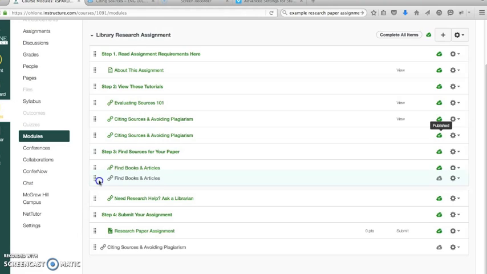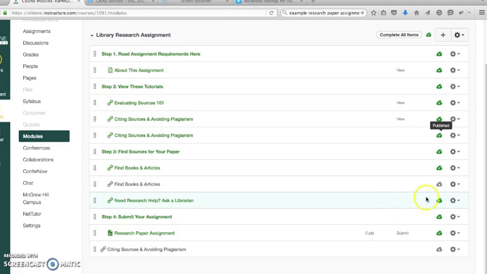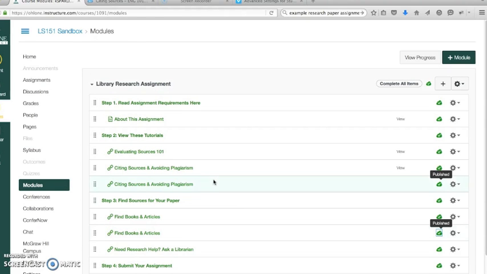Okay, so we've seen how to embed LibGuides content into the modules, and we'll look next at the slightly different procedure for how to embed content if you are not using modules or if you just want to embed something onto a content page. So here next we'll see an example where a library research assignment is set up not as a module, but just as a standalone page. So let's take a look